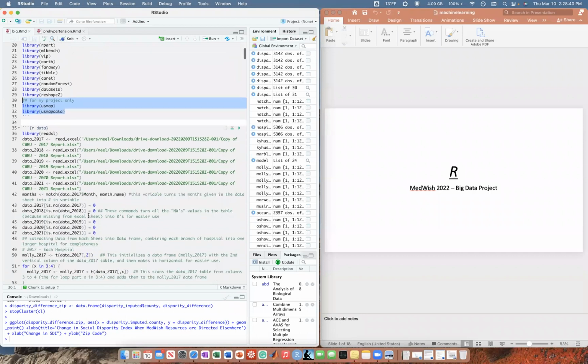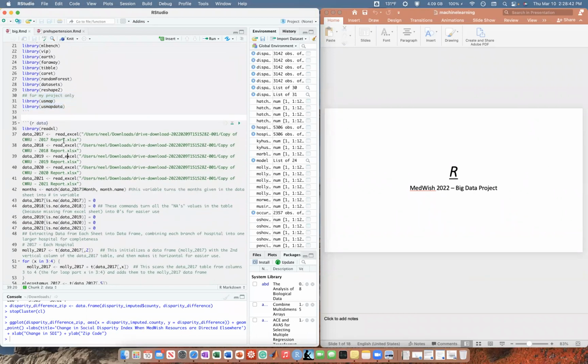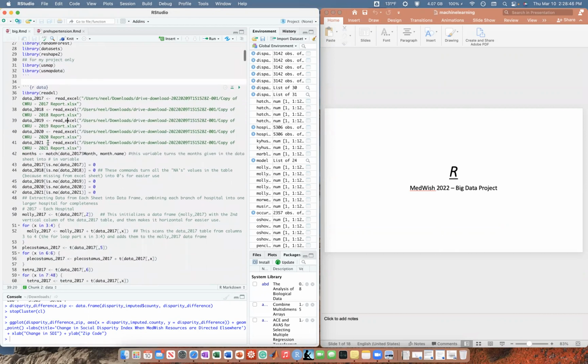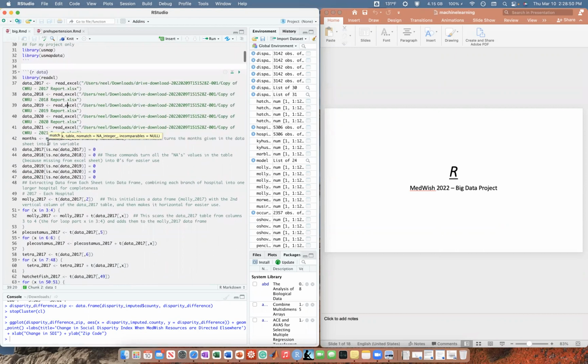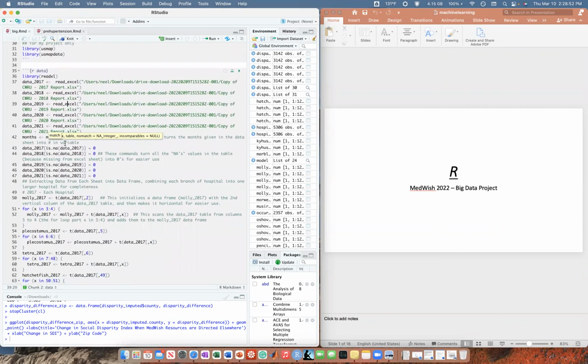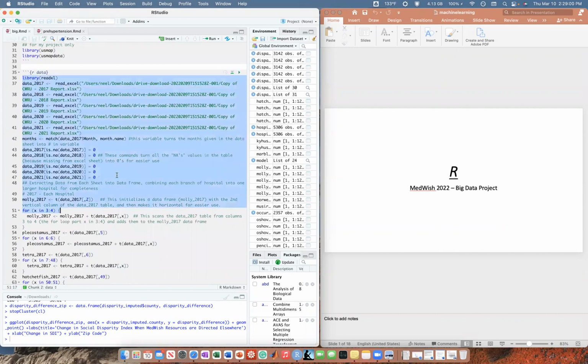So just some basics. I'm going to provide everyone this document. It's called big.rmd. It'll be uploaded and shared with everyone. If you want to take a look at this code on your own time, feel free to do so. But a lot of this code I would not change if I were you, because it took me some time to work with this data set because it was really frustrating to deal with. Essentially this part is something you shouldn't change 100%.